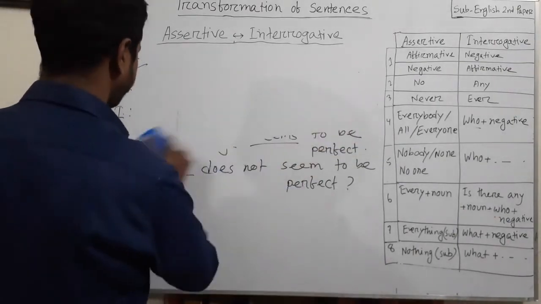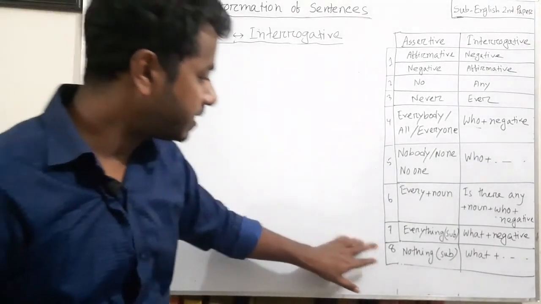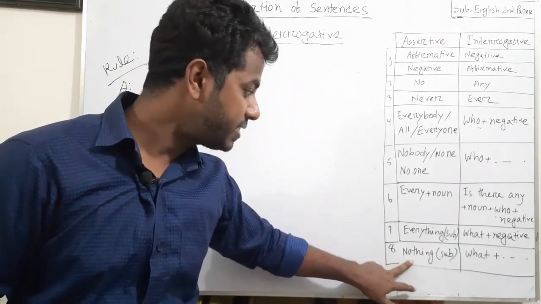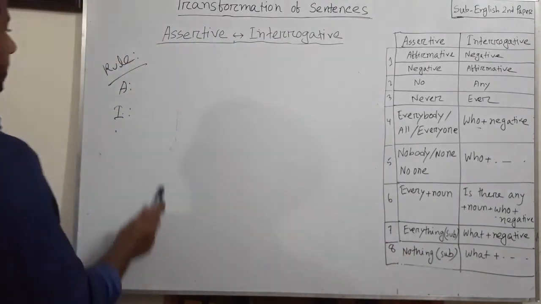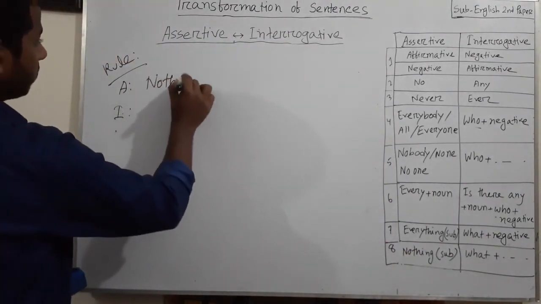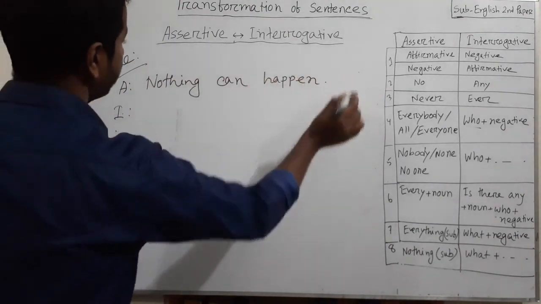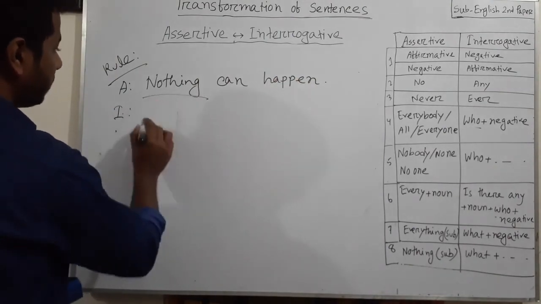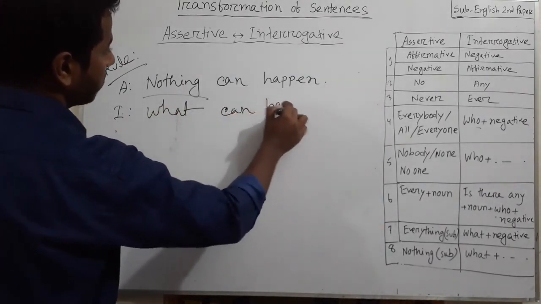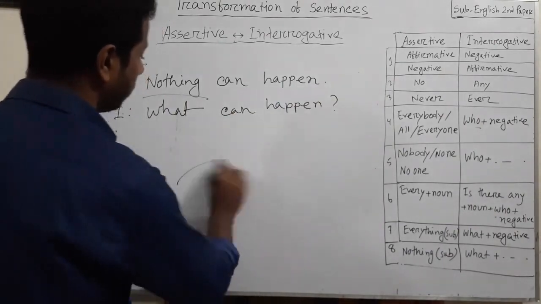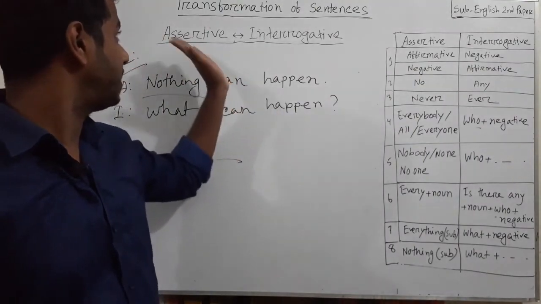Okay, so the last rule: if in an assertive sentence there is nothing as subject, then instead of nothing we will use what, and the rest of the sentence will be the same. Okay, for example, nothing can happen. So nothing here is the subject, then instead of nothing write what, and the rest of the sentence will remain the same: what can happen? Okay, so dear learners, in my today's class I have discussed how to change an assertive sentence to an